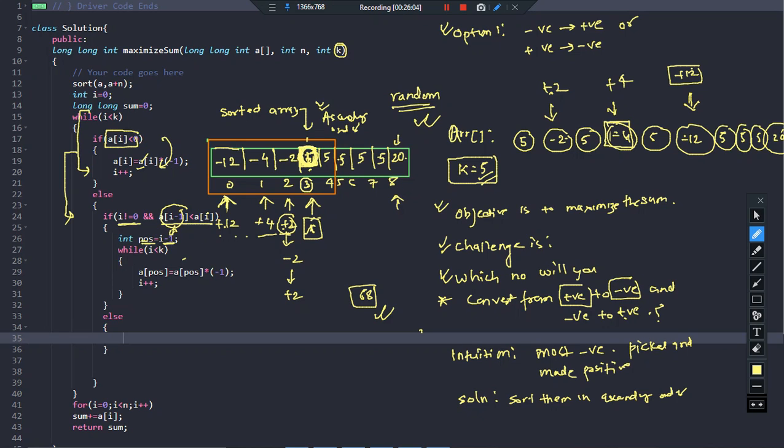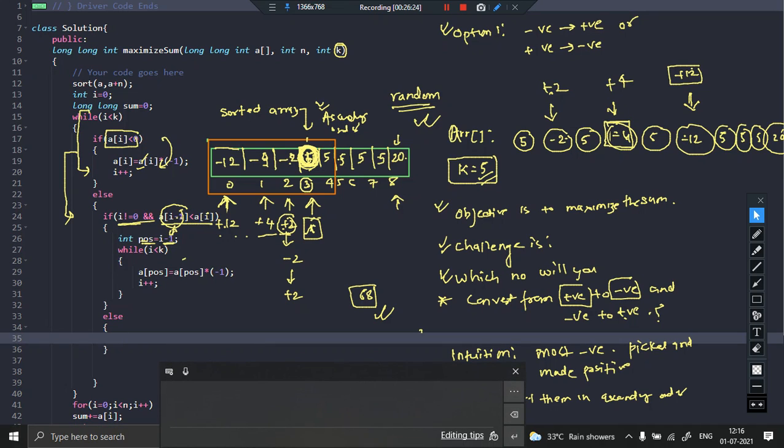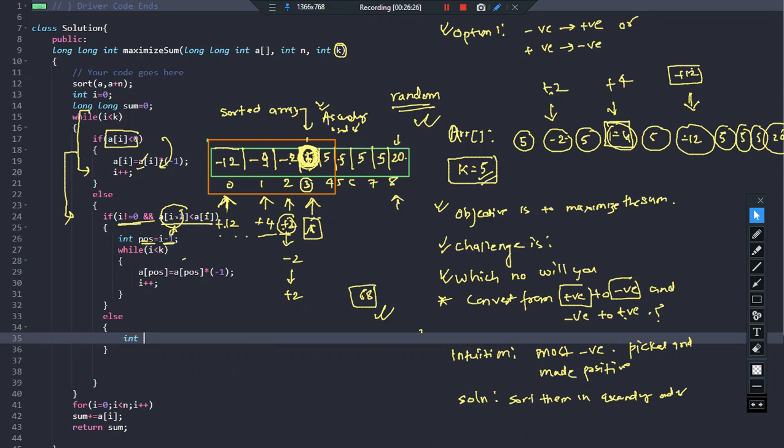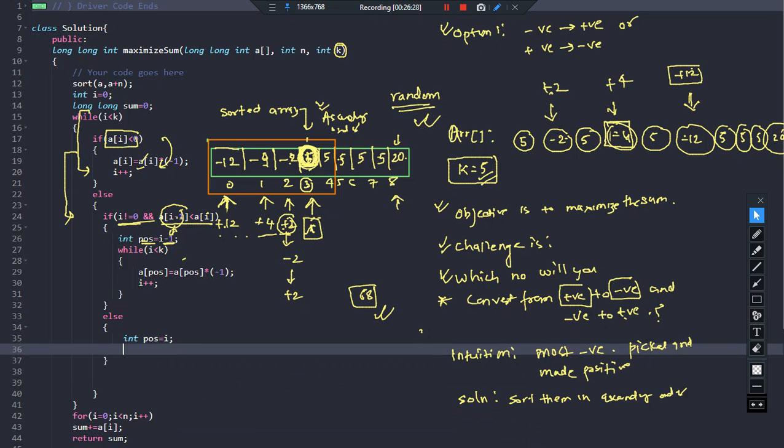Suppose this was minus 9 and it had minus 8 here. Now minus 8 will become plus 8, so you will compare plus 8 with 5. Which is the smaller? Definitely this 5 is smaller, so I should pick this. So if either condition is false, all changes should occur in this number itself. That is why in this case I'll say integer pos is equal to I, and now just run the same loop.